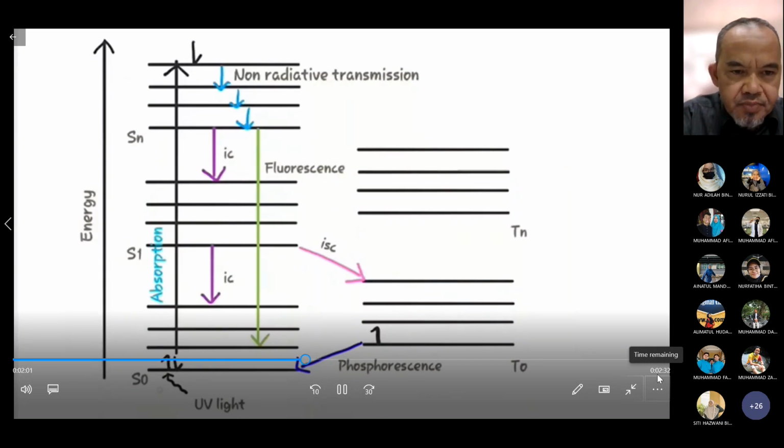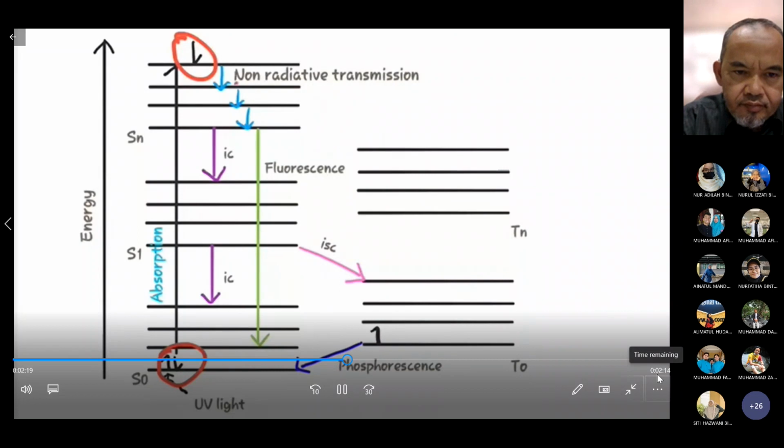When UV light is absorbed by an electron, they get excited, and from the singlet ground state, they reach the singlet excited state. Over here the electrons are very unstable and hence they try to get back to the singlet ground state. So this process of relaxation occurs in many ways.